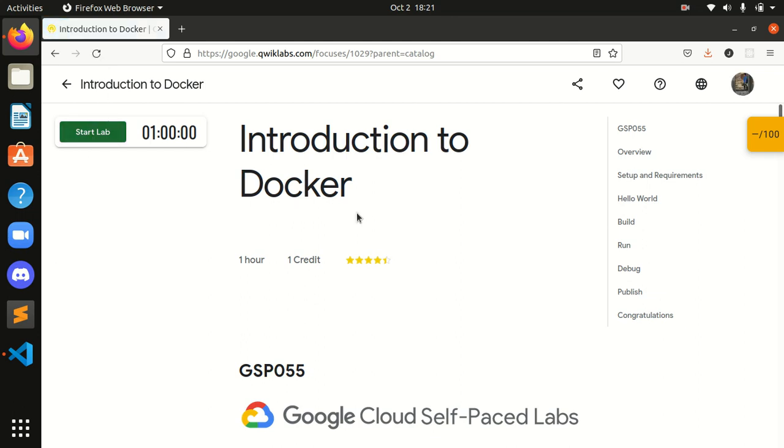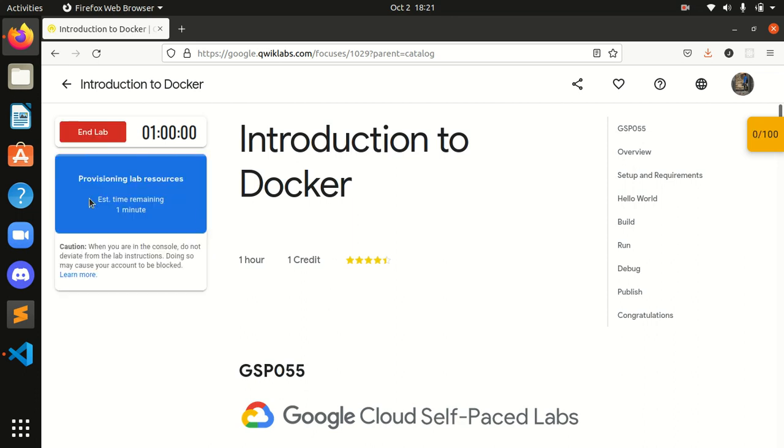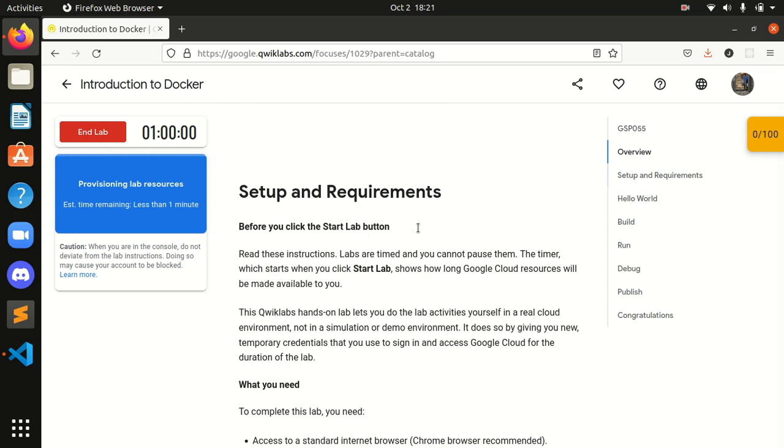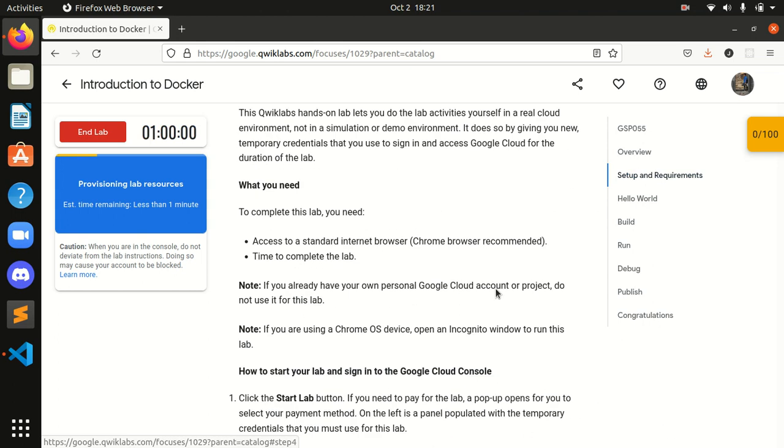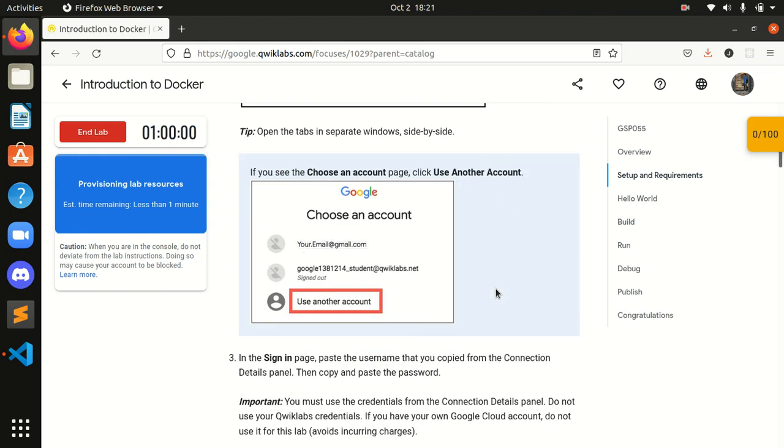Okay, let's start my lab again. Guys, you can see the lab resources are being provisioned. It may take 1 to 2 minutes to get our Google console username and password. So let's wait for some time for these to be provisioned. Meanwhile we will look at the setup and requirements.